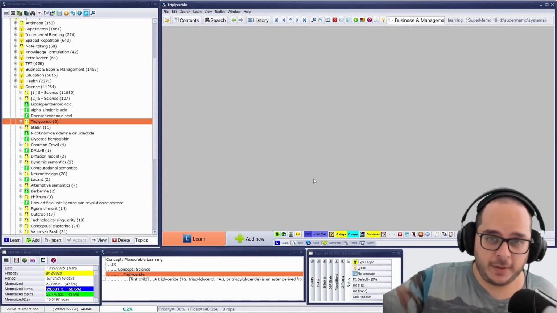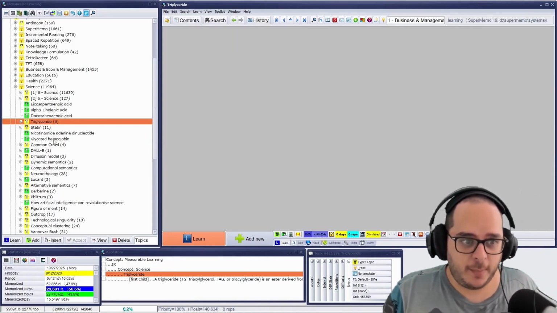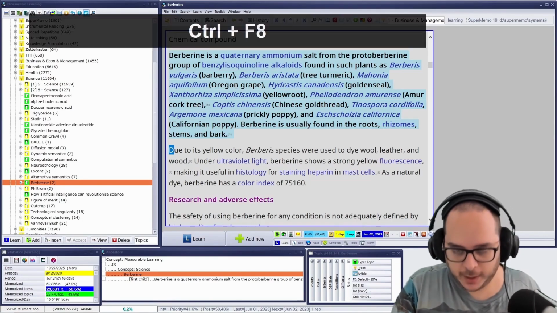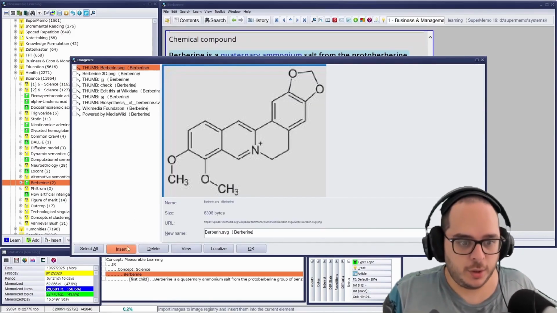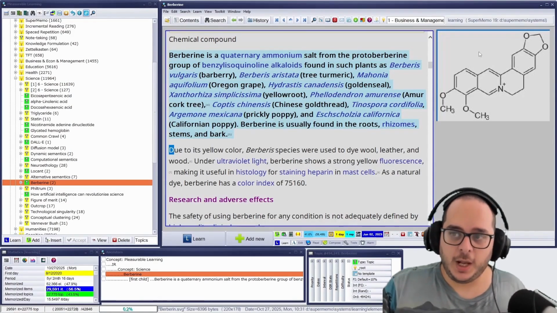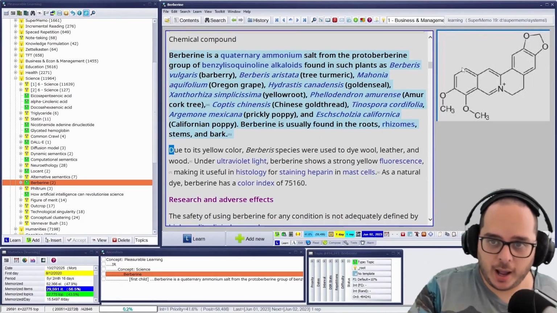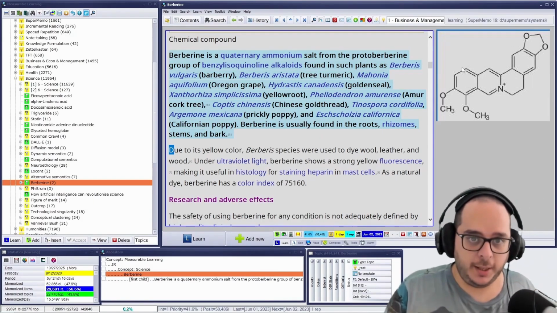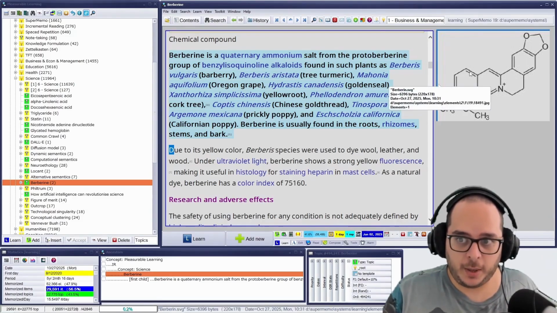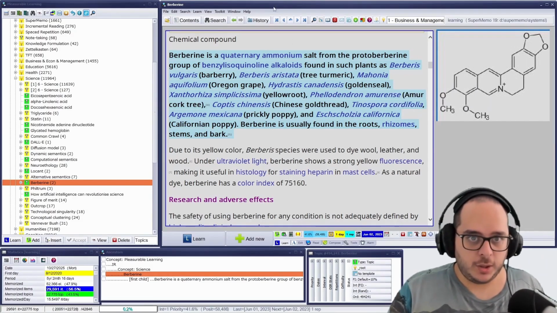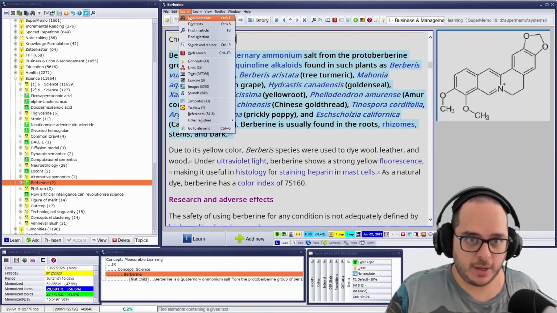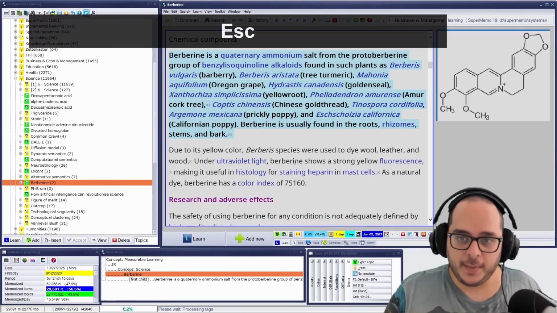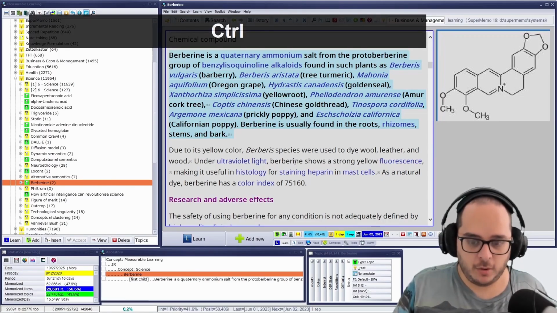Just as a sneak peek of the Mastery track: what happened when I deleted some images? Let me add it manually. So I insert this. What happened now is that this image registry component is only used here, in this element, berberine. So I can go to the image registry, berberine, it's here. But now, if I do apply done, Ctrl-Shift-Enter,